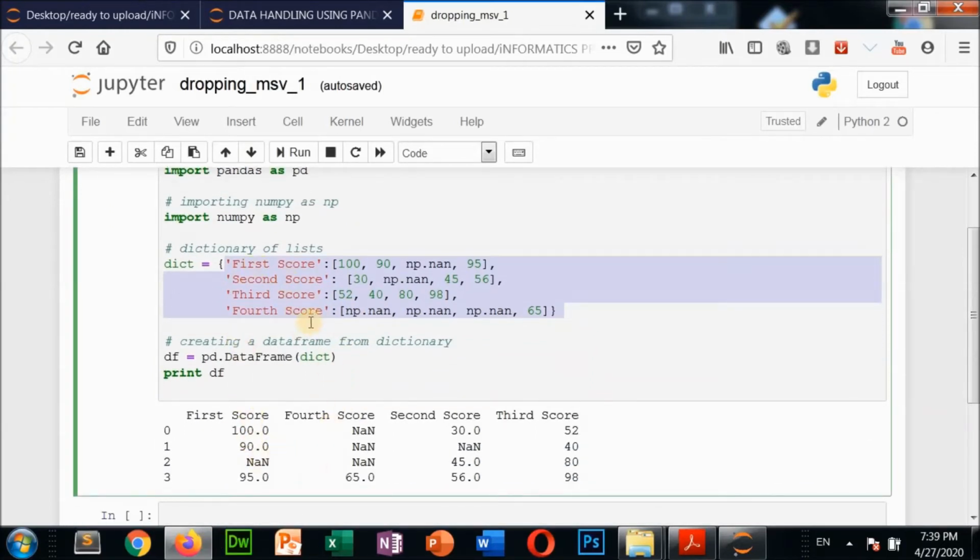We have not done any operations here, no dropping or filling. We have just created one dictionary and displayed it like this. See, this dictionary is coming, with first score and second score as the field or column names,